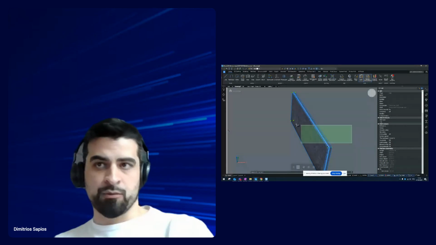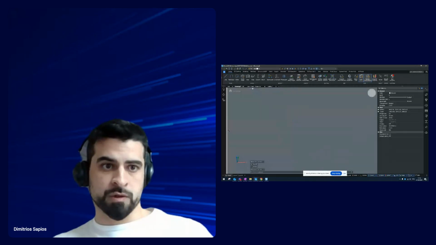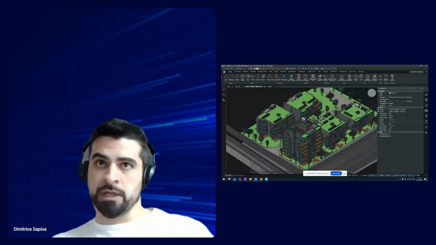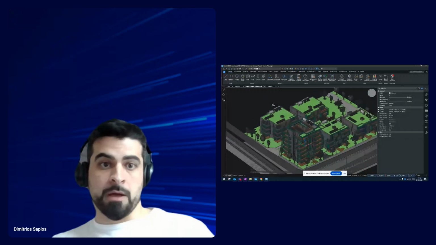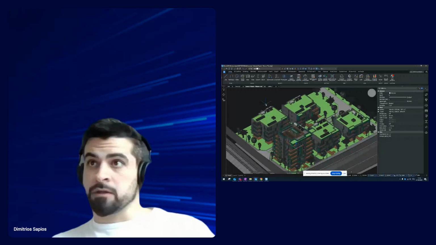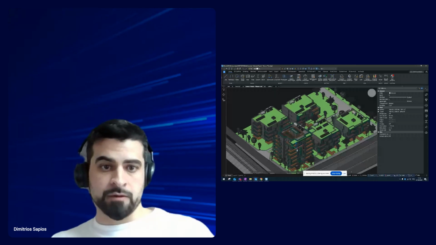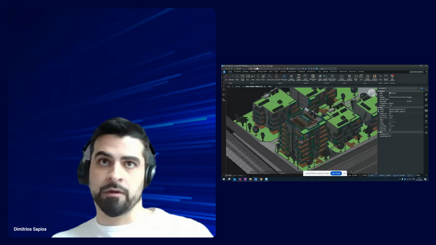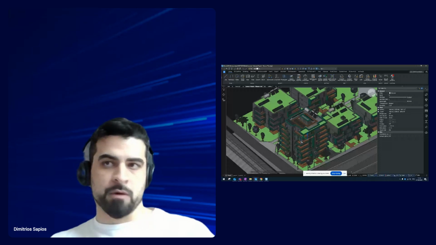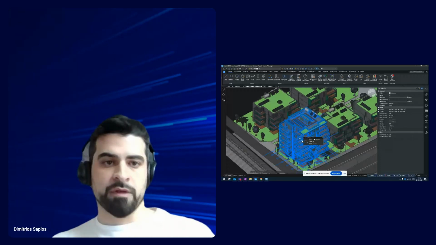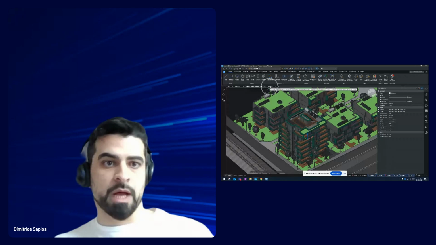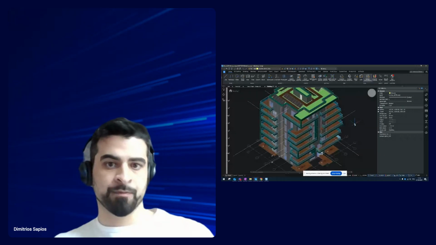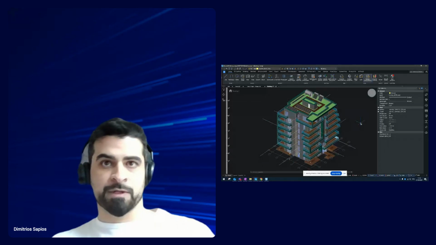So with these BricsCAD BIM modeling tools, we created a complex model. In this particular case, a project that contains 5 buildings. In today's session, we are going to be focusing on building number 1 right here in the corner. And because everything ties together with XREFs, I'm able to isolate building number 1 in an individual DWG file. So first things first,